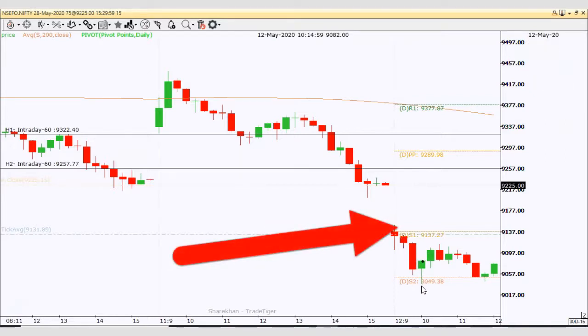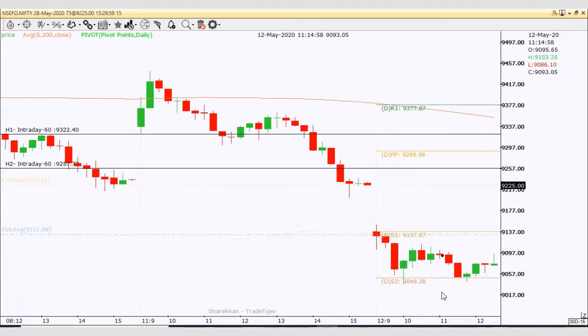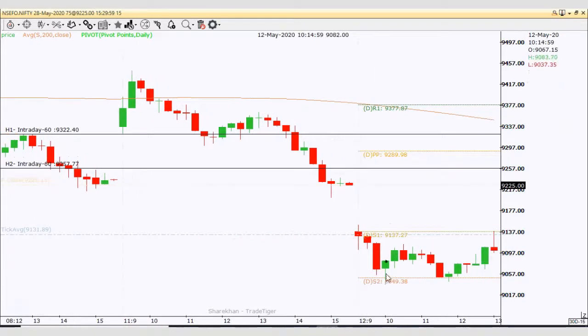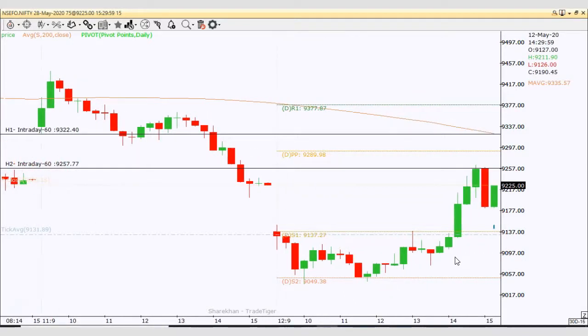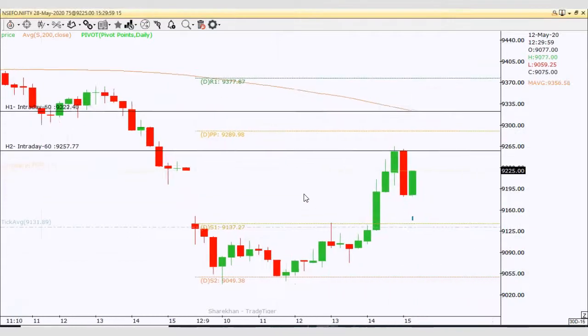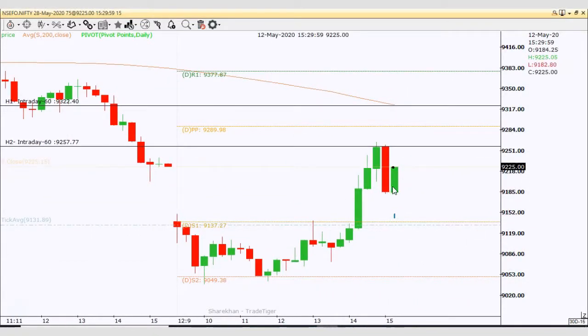So basically here it took S2 as support, and see here it bounced back, and where it took resistance. See here, the top central pivot, the downside one is the top central pivot, am I right? This top central pivot acted as a resistance here, it stopped the price of Nifty today, understand, and it came back, and anyhow the market has closed here.